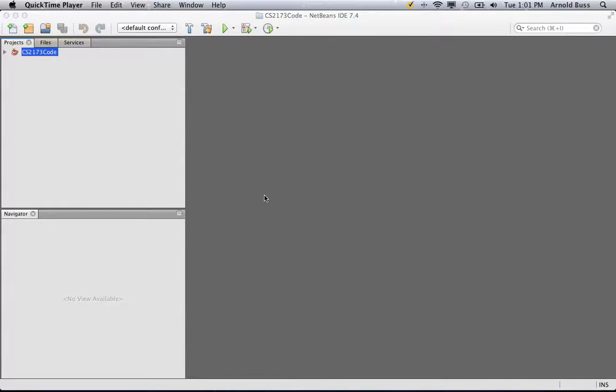Normally at this point we would go ahead and write our Hello World program. However, instead, what we're going to do is import the project files into Subversion. Each of you in the CS2173 class has had a Subversion repository set up for you. The information about that is going to be given to you by your instructor, and now we'll show you how